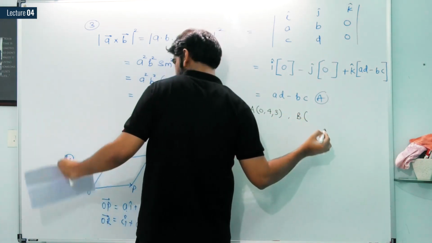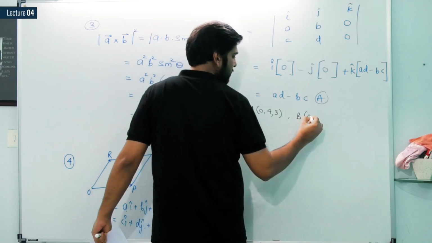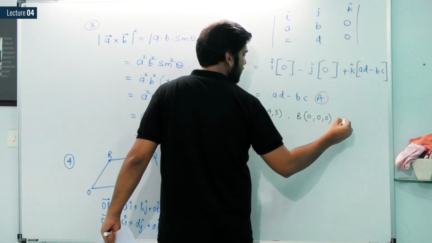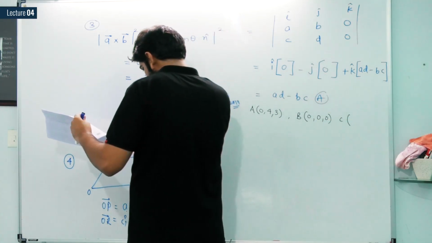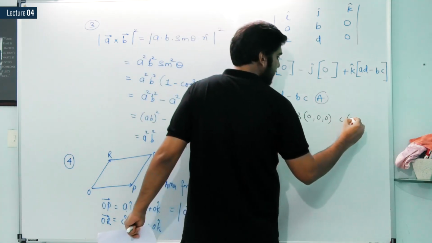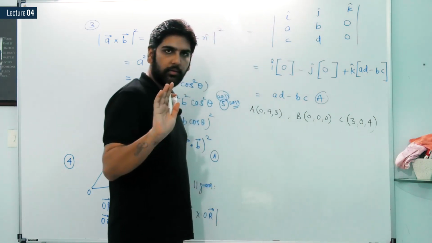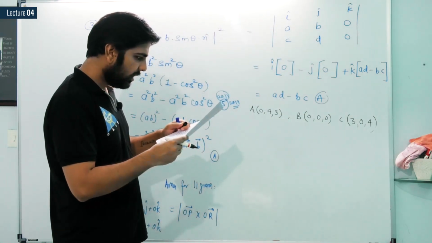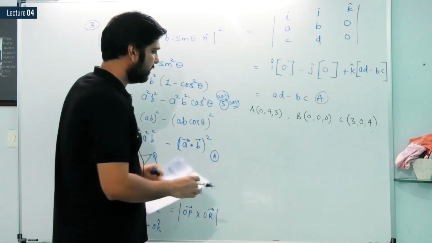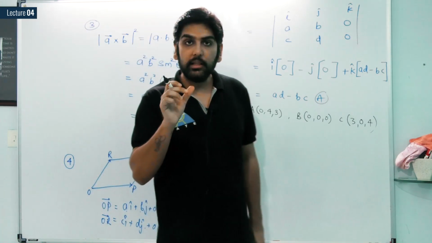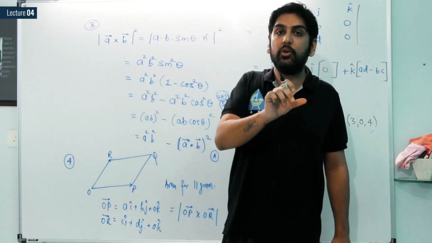B is nothing but 0, 0, 0. And C is nothing but 3, 0, 4. So I am writing 3, 0, 4 here. Fine. Now BA and BC is required, and we need to find the vector which is perpendicular to